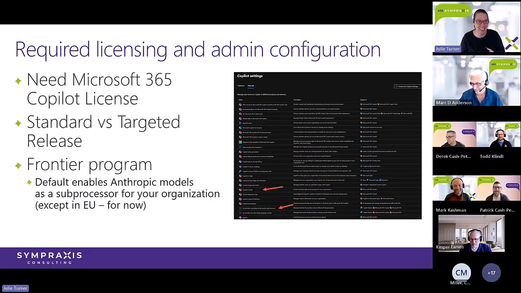There are some required licensing and admin configurations. I grabbed a screenshot of the Copilot settings screen. It's really tiny. And there are two things on there. One is to enable the Frontier program, and the other one is to allow extra models to be used in your tenant. So those two things need to be enabled for you to use the third thing on this list,